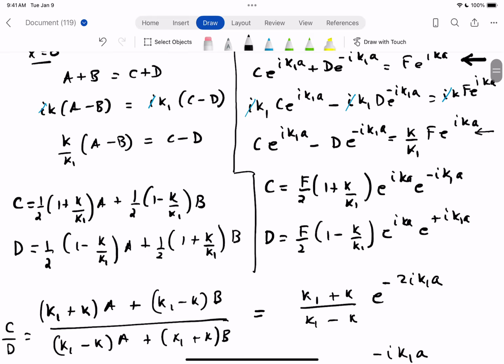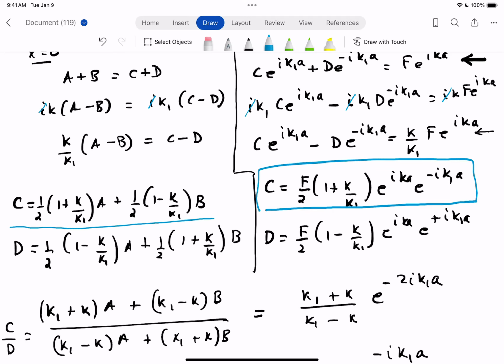All right, so how do we bring F into the picture? We could use this equation, this one, and this one. We can again get rid of the C and have a relationship between A and B and F if we combine these two blue boxed equations. And we already have a relationship between B and A, so we can use that as well. All right, so if we combine these, if we plug in C from the left-hand side into the right-hand side, and of course straighten out the fractions by multiplying by K1 and get rid of the 2's, then we are going to get